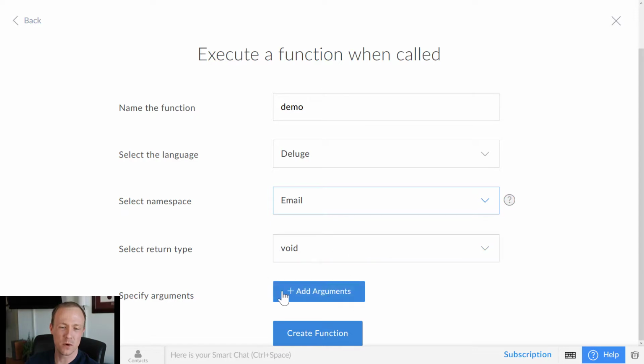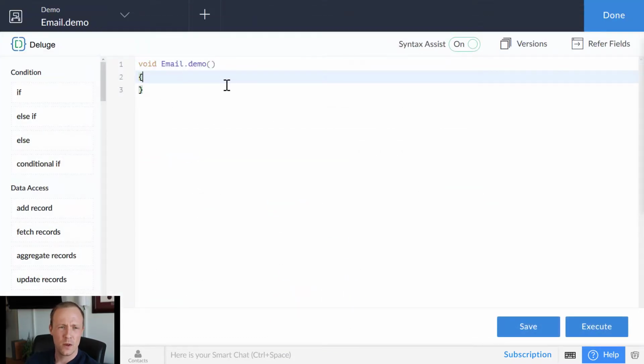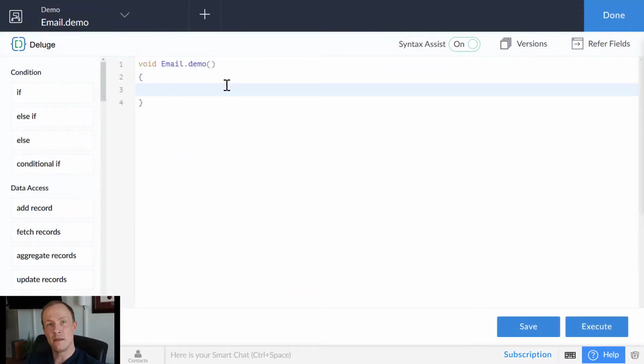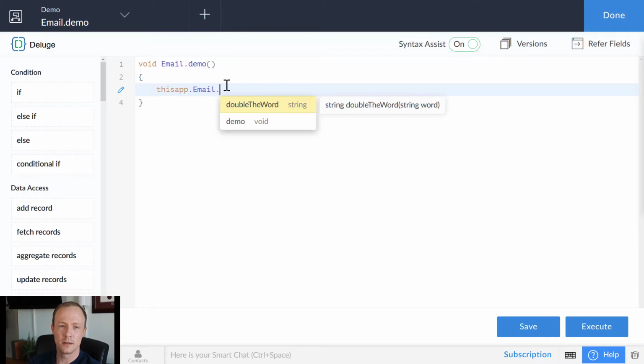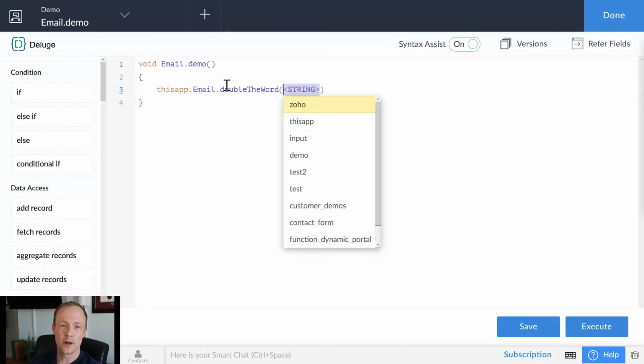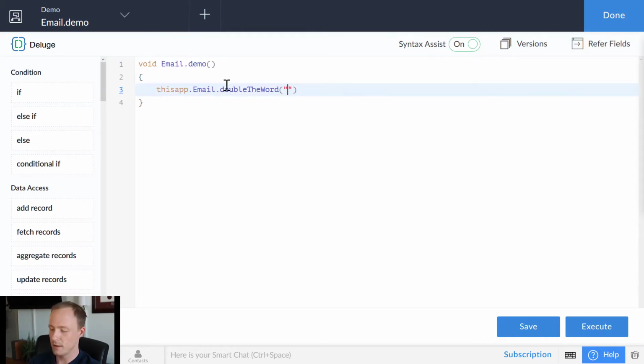We'll just keep this void and keep no arguments. And now that we have a given function, the way we reference it either in a function itself or another function is by typing in this app dot the namespace dot the function created. So we can